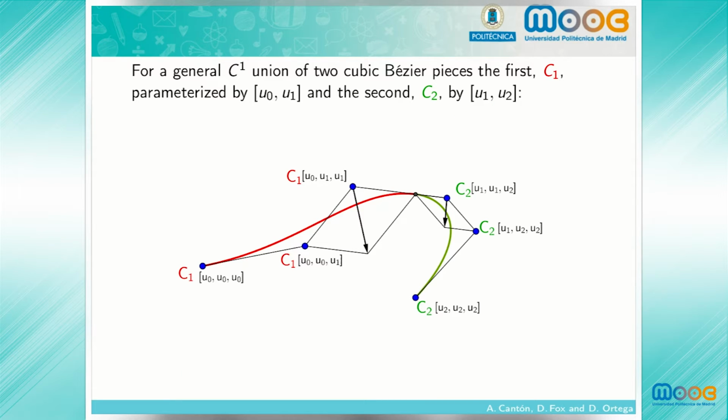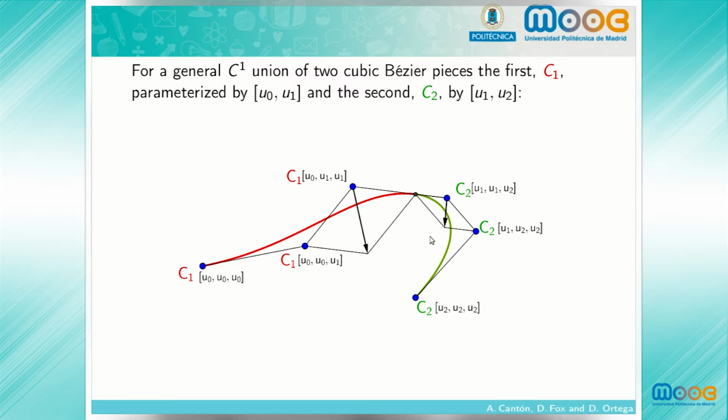In general, even when we have a C1 union of two curves, we've seen that this line is the same line written in terms of the one polar form or the second polar form. In fact, when we fix the parameter u1 twice in both polar forms, we obtain the same parameterization of the line. The C2 condition was a condition in terms of these two vectors, that they have to be both parallel and given in certain proportions, and the proportions are given by the time intervals. In this case, this curve is a C1 curve, but it's not C2 because the two vectors are not parallel.